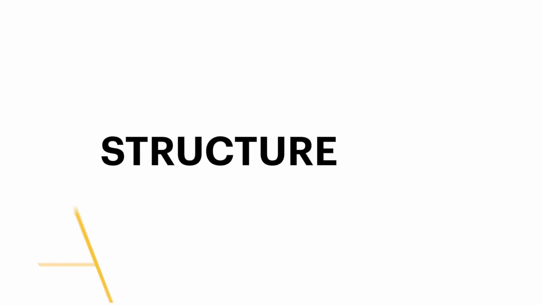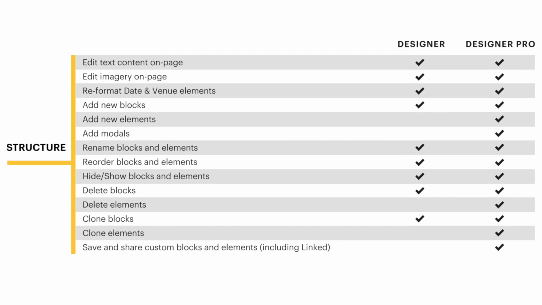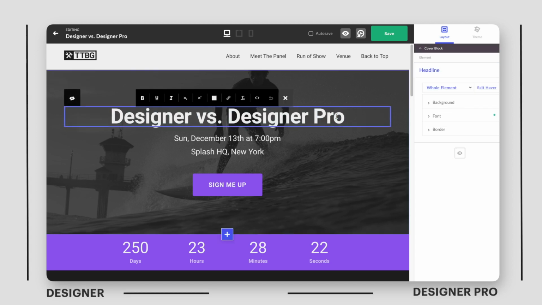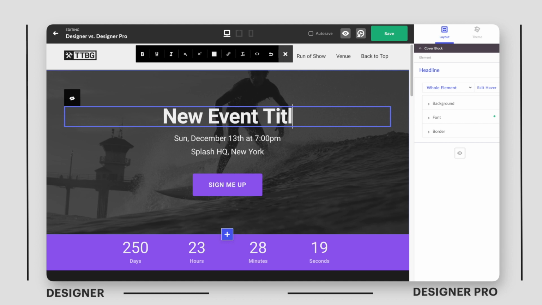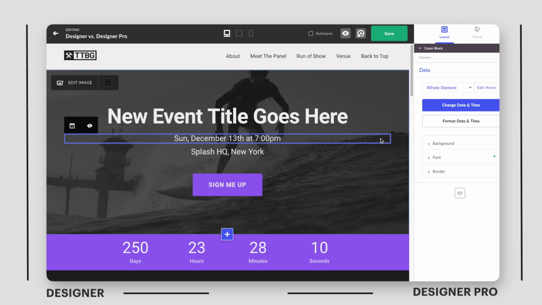Let's switch gears now and take a look at a few features in regards to working with structure in Splash. Structure is all about making edits to the actual content on your page. In both Designer and Designer Pro, I can edit any text or image I want simply by clicking into it. I can even make edits to the date and venue components by selecting the element and accessing the 2 buttons